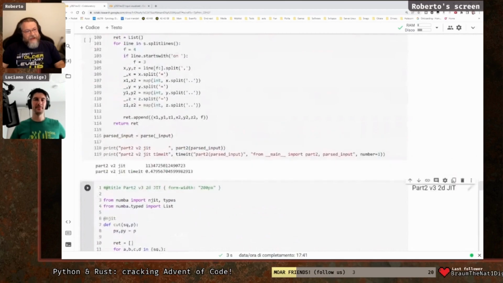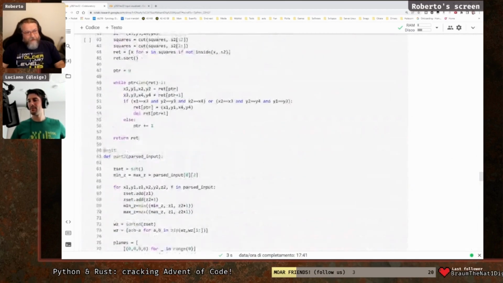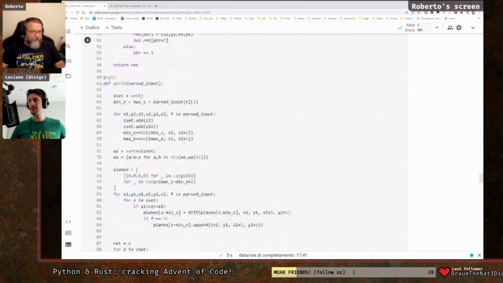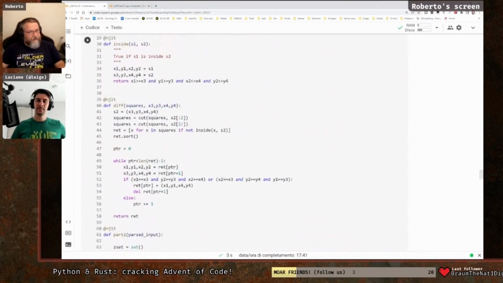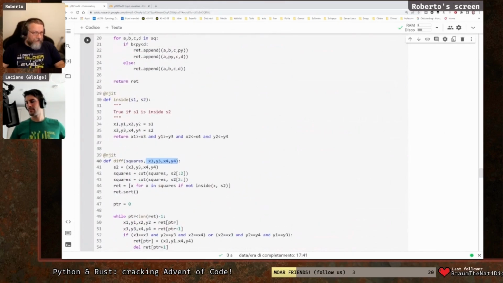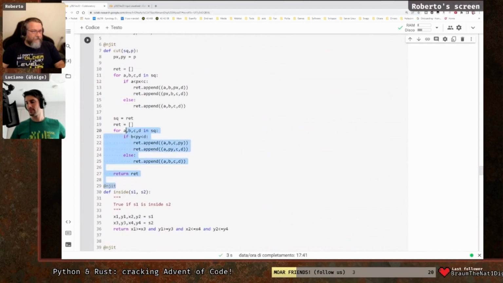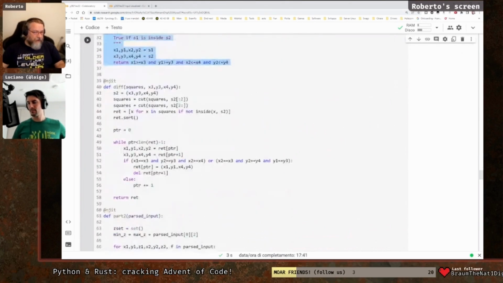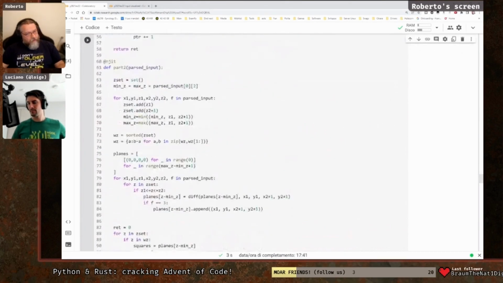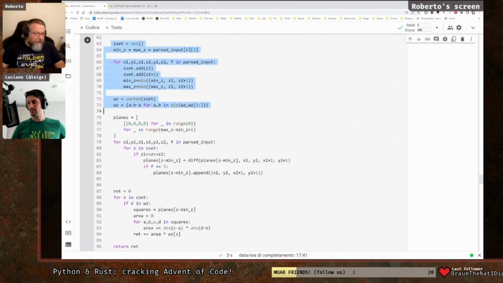In any case, the algorithm is this. The primitive that we need is being able to parse the input. Nice. Being able to do differences between a list of rectangles and a rectangle. To do the difference, we need to be able to cut a list of rectangles by a point, and we have to be able to tell if a rectangle is inside another rectangle. It's not a lot of code in the end. And we need to be able to slice all our universe in